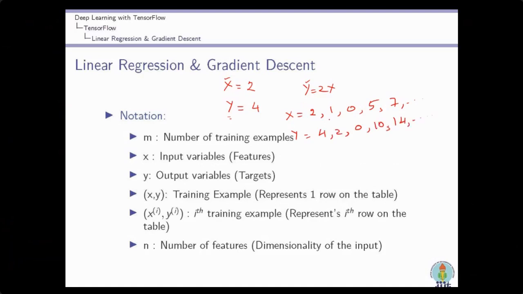Directly we can see the rule by which we find y: y equals 2x. So there are two things: if you know the input value and you know the rule, then you can easily get the output y. Because the rule is y equals 2x, you apply the value of x here and you get the value of y.